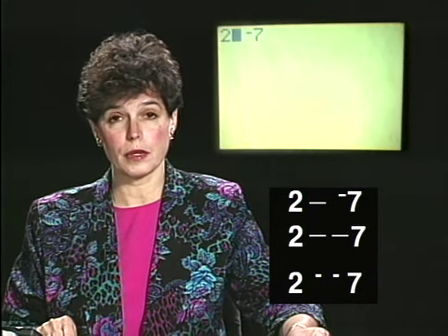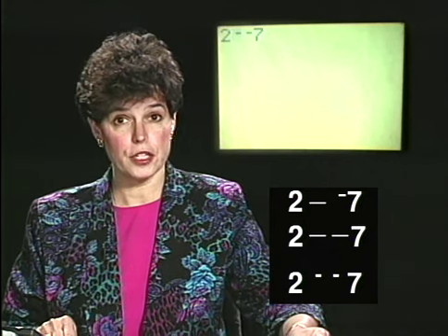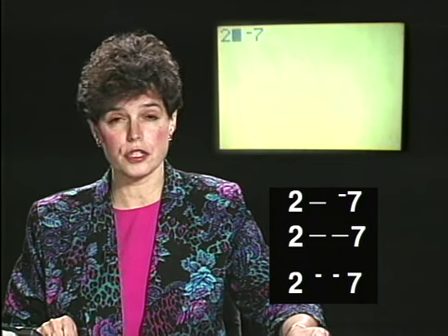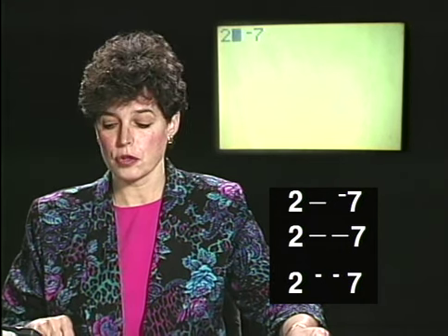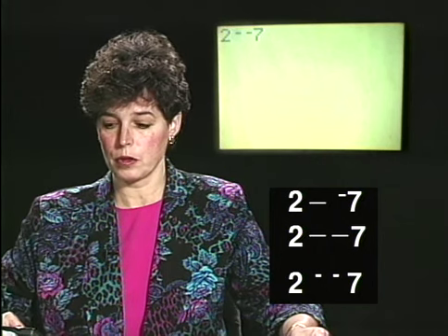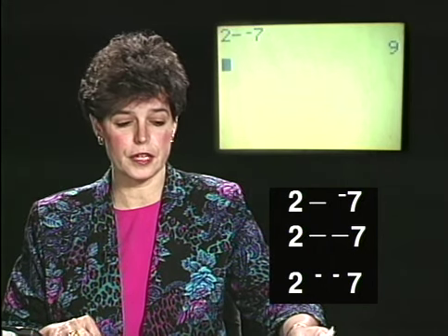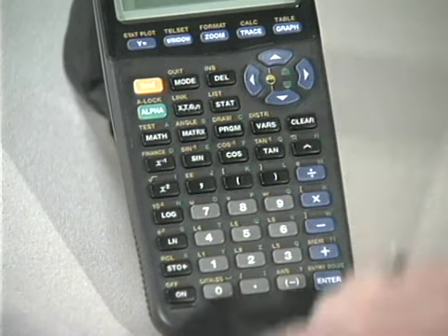I see that it is blinking on the first symbol this time, which means that I need to change that one. The calculator is telling me that I shouldn't have a negation symbol just following a number, that I need to have an operation there. So let's type in the subtraction symbol at this time, then hit enter, and I see that I get the correct answer. Let's get rid of this problem by pressing clear, and now we're going to do several problems involving